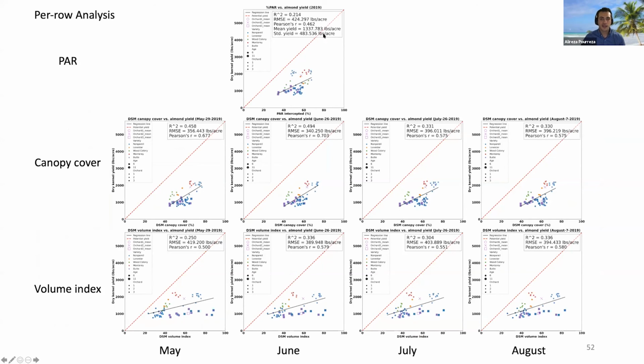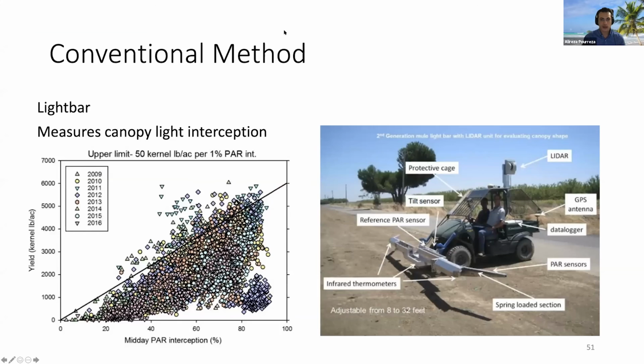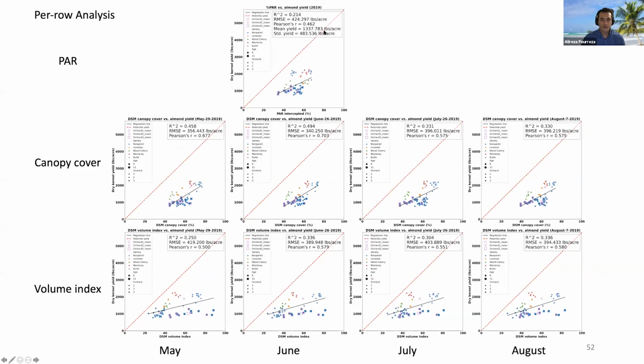So here we can see the correlation between PAR interception on the top and almond yield. We can see that it's about 0.2. It's actually under this bar, so about 0.214 with RMSE about 424 pounds per acre. And on the same date, using the digital surface model or the virtual orchard canopy cover, we can see that the R square is more than twice, and the RMSE is